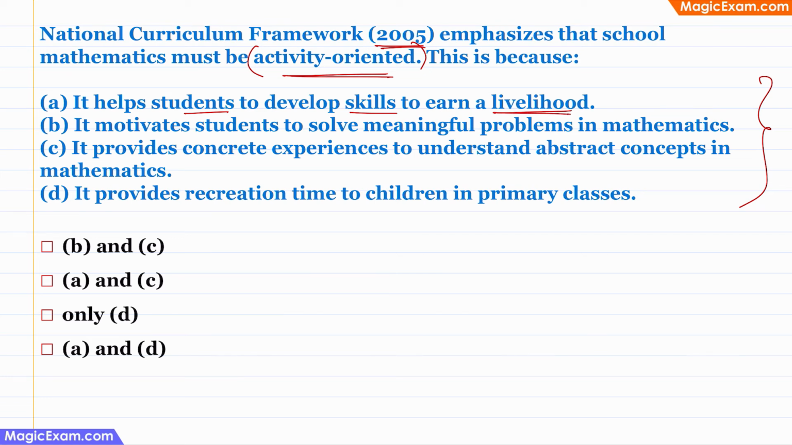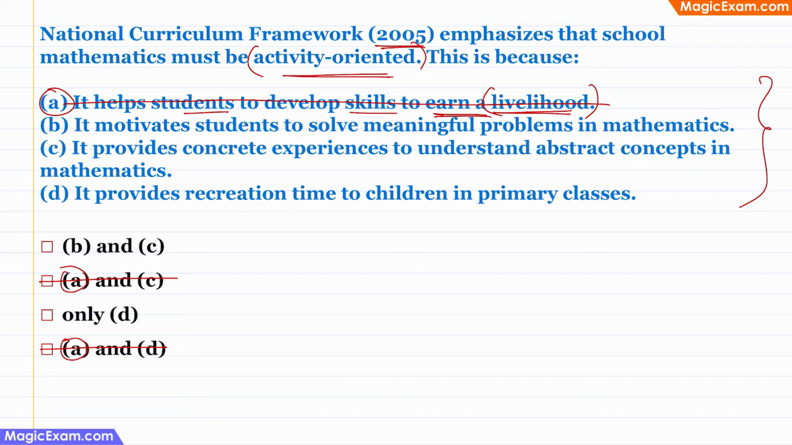Now NCF says that we are not trying to teach job skills to children. We are trying to teach them the basic concepts of mathematics so that they can understand what mathematics is all about and how it is used in our day-to-day life. We are not trying to teach them job skills. So to earn a livelihood, this statement is completely incorrect. If A is incorrect, it means that options 2 and option 4 can be eliminated because both of them have